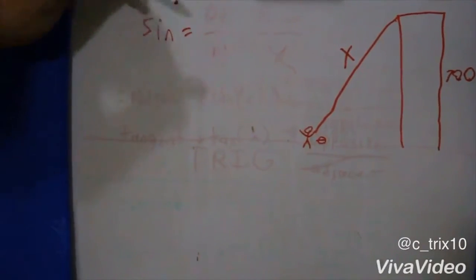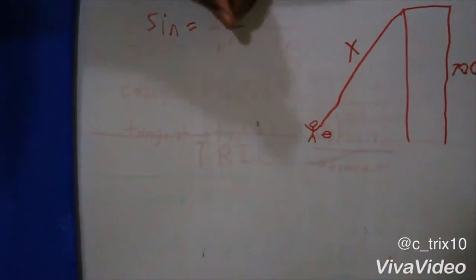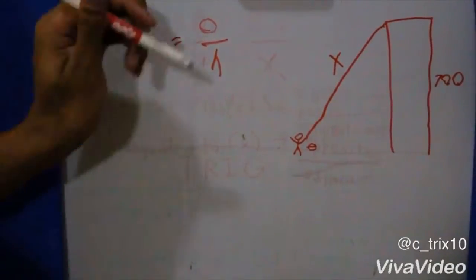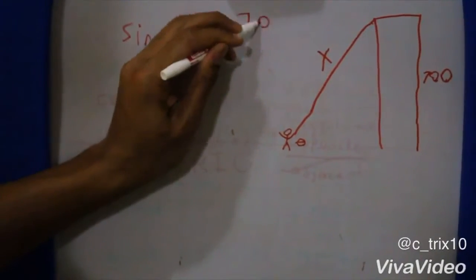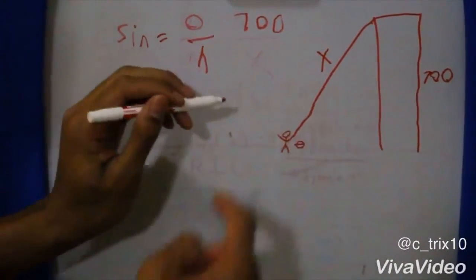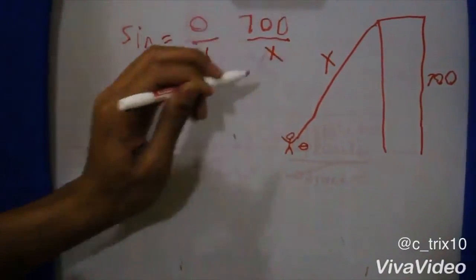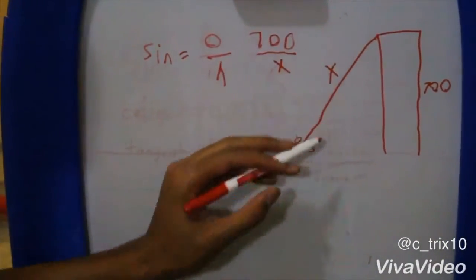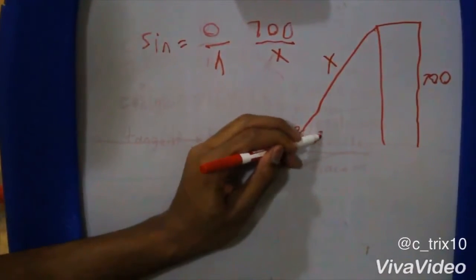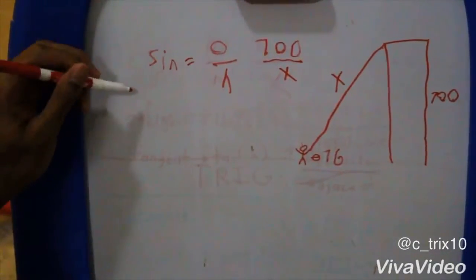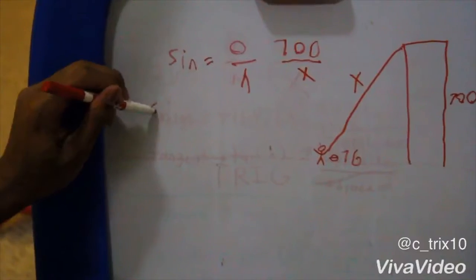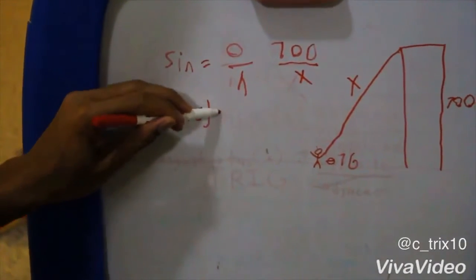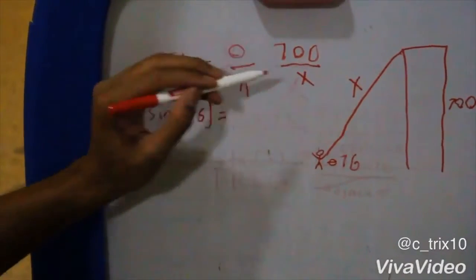So remember, sine is opposite over hypotenuse, opposite of the theta. So 700 over the hypotenuse, which is x. So say Spider-Man has to shoot his web up at an angle of, say, 76 degrees. So you would use sine of 76 equals your opposite 700